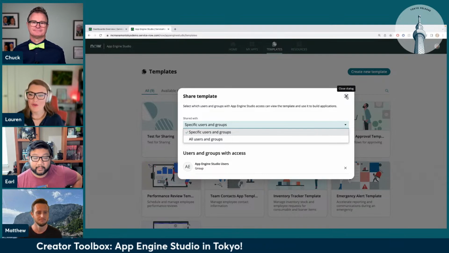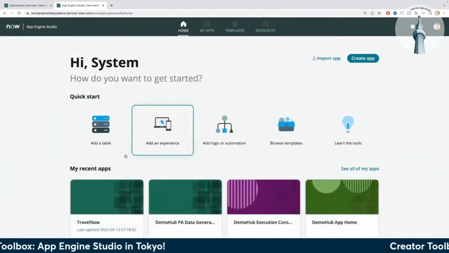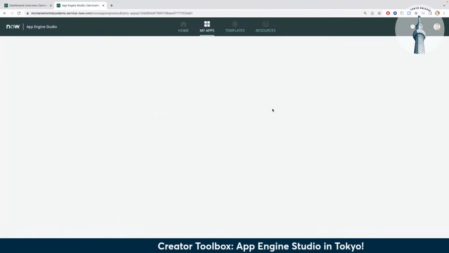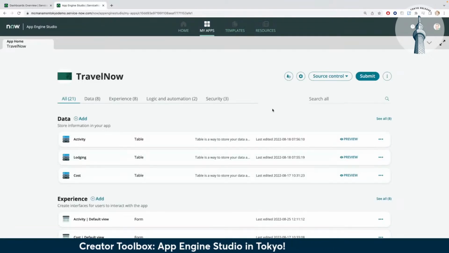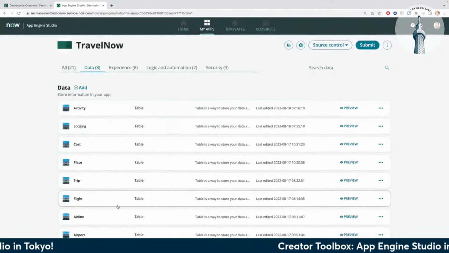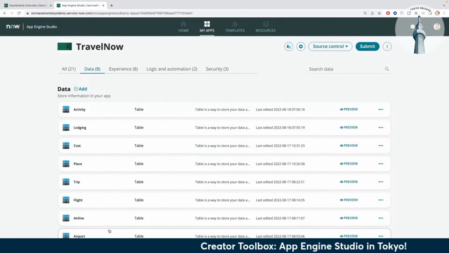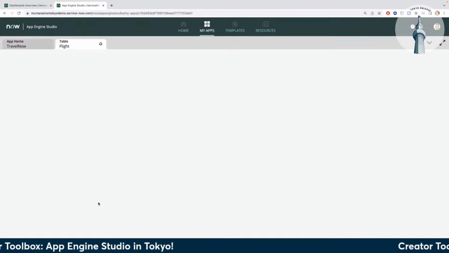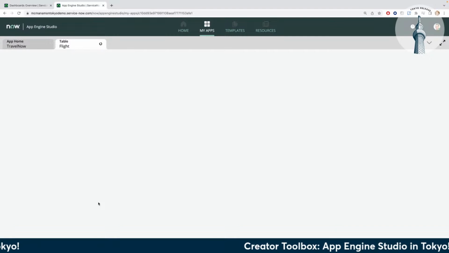So moving on from here, what we're going to do is open up a little travel itinerary application I've been working on, and we'll use that as our use case of the day. The second stop we are making is on one of my tables. If I look into all of my data, these are all my tables for my travel application. I know for a fact that my flight table has a corresponding flow. So if we open up Table Builder,